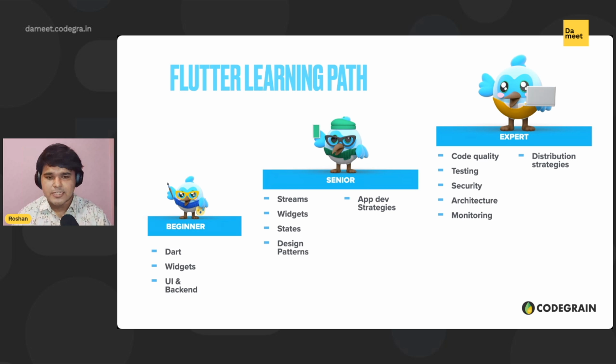Let's just quickly go through the expert side of things. Code quality, testing, security. These three things kind of go hand in hand, because your code quality, or your lint issues, is basically how well you write the code. Yeah, they are commandments, if you remember. And these practices help you write better test cases.